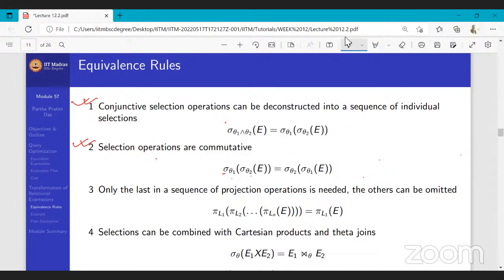So here in the outer one we apply theta 2, but the inner one is applied first. Simply put, here we first apply theta 2 then theta 1, and here we first apply theta 1 then theta 2. Both will result in the same thing, the result will be the same. Okay,